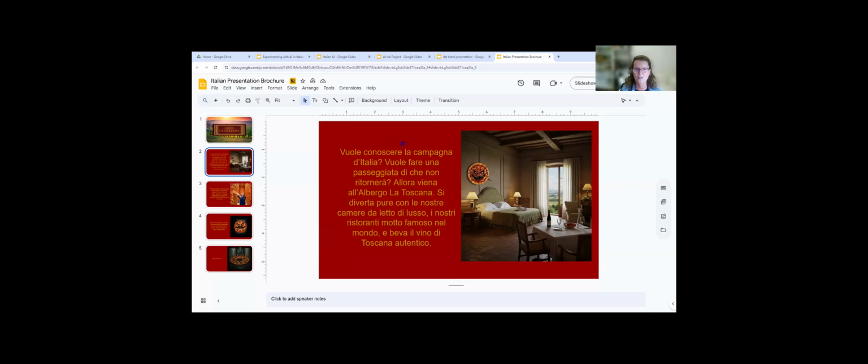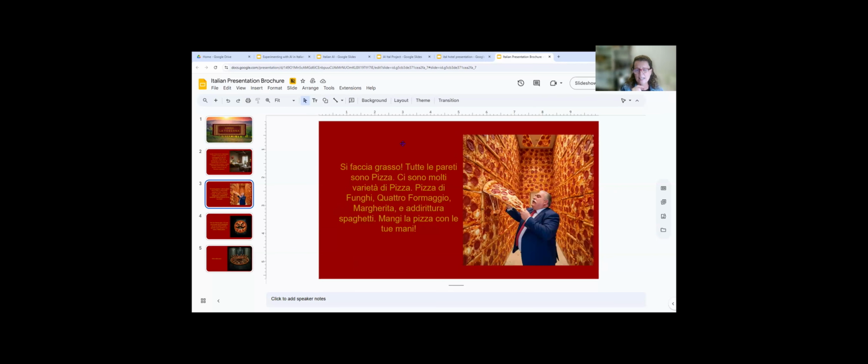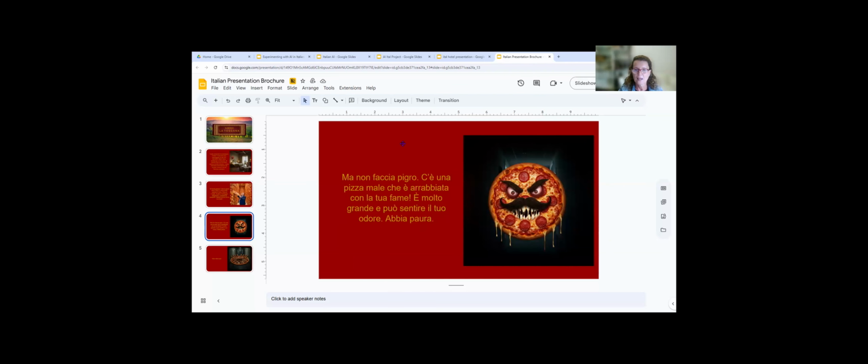And since the students saw that it had an evil smile and evil eyes, they elaborated on that. In the second image, they asked AI to create a hotel with the walls made entirely of pizza, that you could eat with your hands. And that's the image that AI created, that you could eat with your hands until you become fat. So that was the prompt. And again, they elaborated on the concept of the angry pizza.